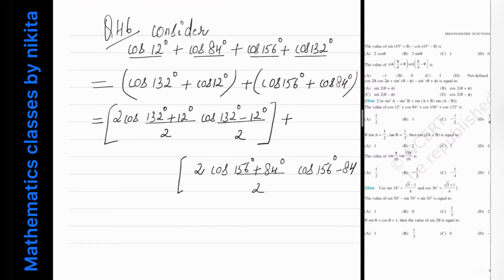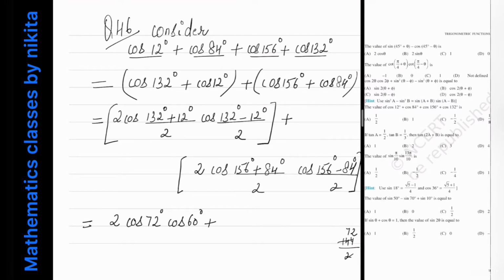Okay, now just simplify this. What you will get, you will get 2 cos of 132 plus 12 is 144, and 144 divided by 2 is 72. So cos 72 degrees into cos of 60 degrees,